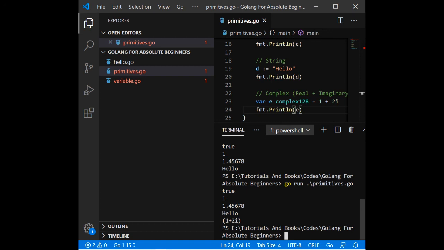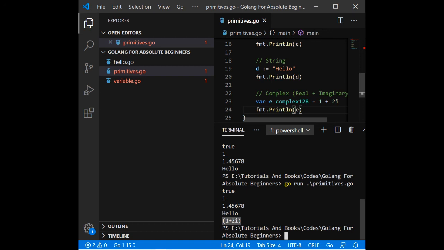As you can see, it first prints true, which is our boolean type, then it prints 1, which is our integer type, then it prints the floating point number, after that it prints the string, and after that it prints the complex type, which is the combination of real and imaginary part.